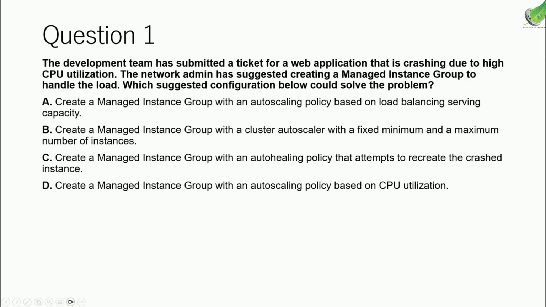This brings us to option D. This is the most direct and effective solution. By setting up an auto-scaling policy based on CPU utilization, for example, keeping the average CPU usage at 60%, the system will automatically add new virtual machines as the load increases. This distributes the workload across more machines, reducing the CPU load on each individual instance and preventing them from becoming